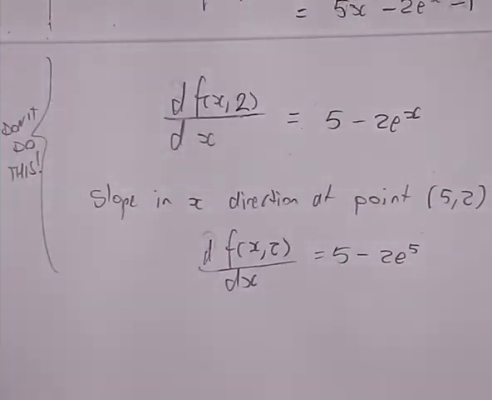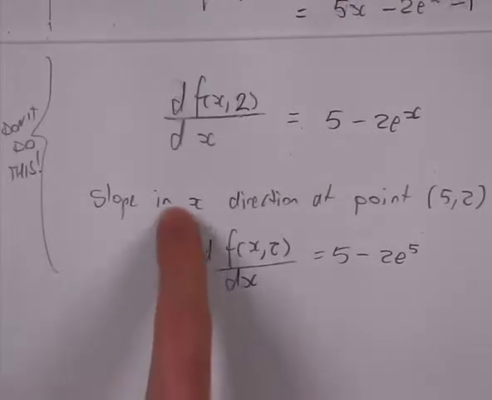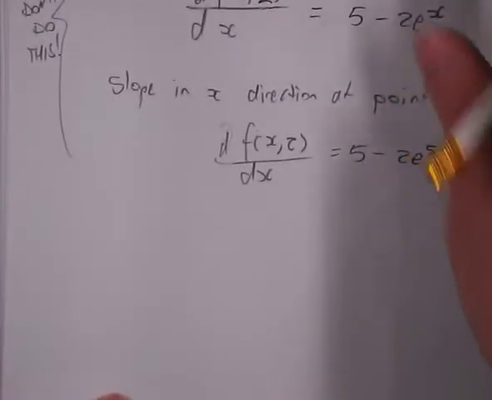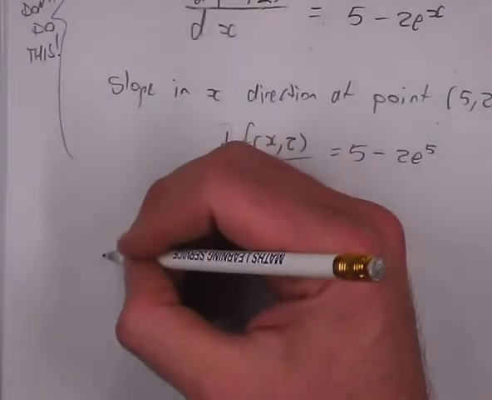However, if you did do that, they probably would still give you the marks, if all you wanted to do was find out what the slope is in the x direction at 0.52. But there's a better way. The better way is to say, well, actually,